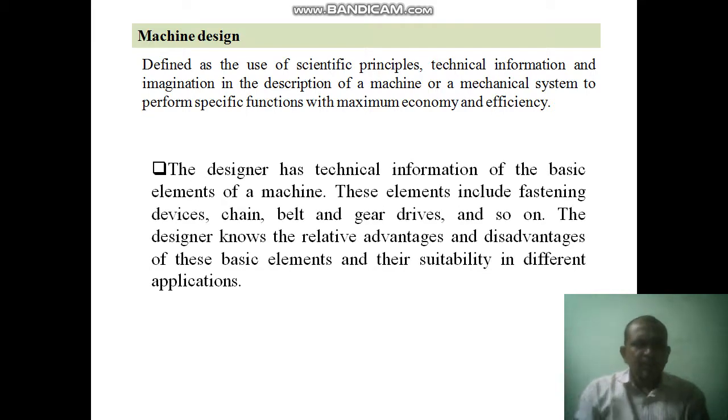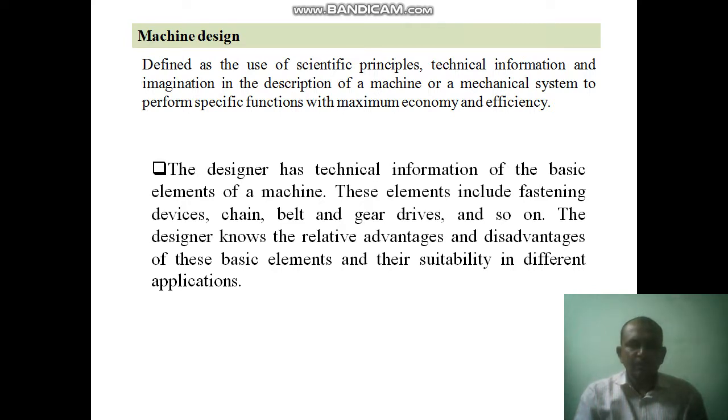Then the designer has the technical information about the basic elements of machines, and these elements include fastening devices such as nuts and bolts, gear drives, chains, belts, and so on. The designer knows the relative advantages and disadvantages of these basic elements and their suitability in different applications.